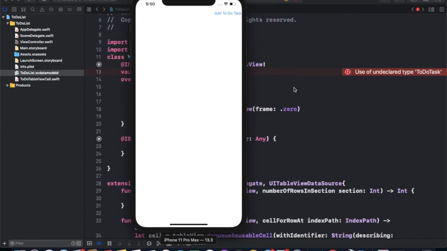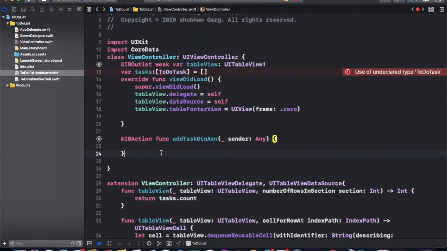Now we need to add functionality to add task. So adding a task, we are just adding the task. We create a model object and add it into core data. To create a model of core data model, you can't create just an object. It's something different.